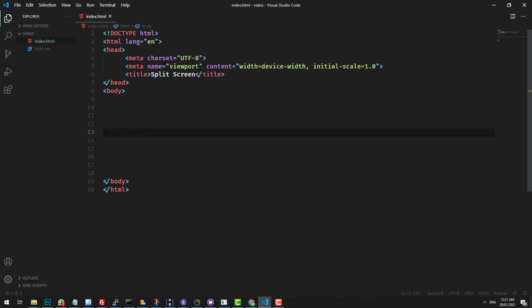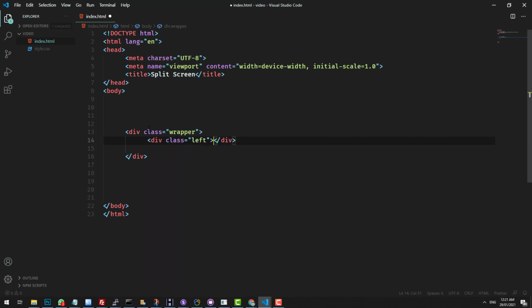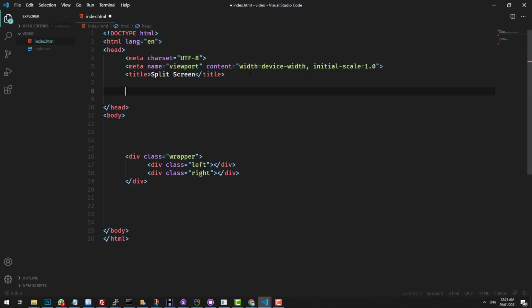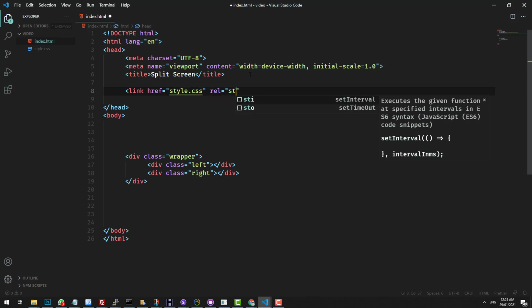We're not using any frameworks, no Bootstrap, nothing like that. So this is what we can do. First thing we need to do is just scaffold the page. So we'll create a wrapper, div class equals wrapper, and inside the wrapper we're going to create a left side, so div class equals left, and div class equals right. Now what we then need to do is go into our style.css, but before that we need to obviously link it up. So we'll do link href style.css rel stylesheet,